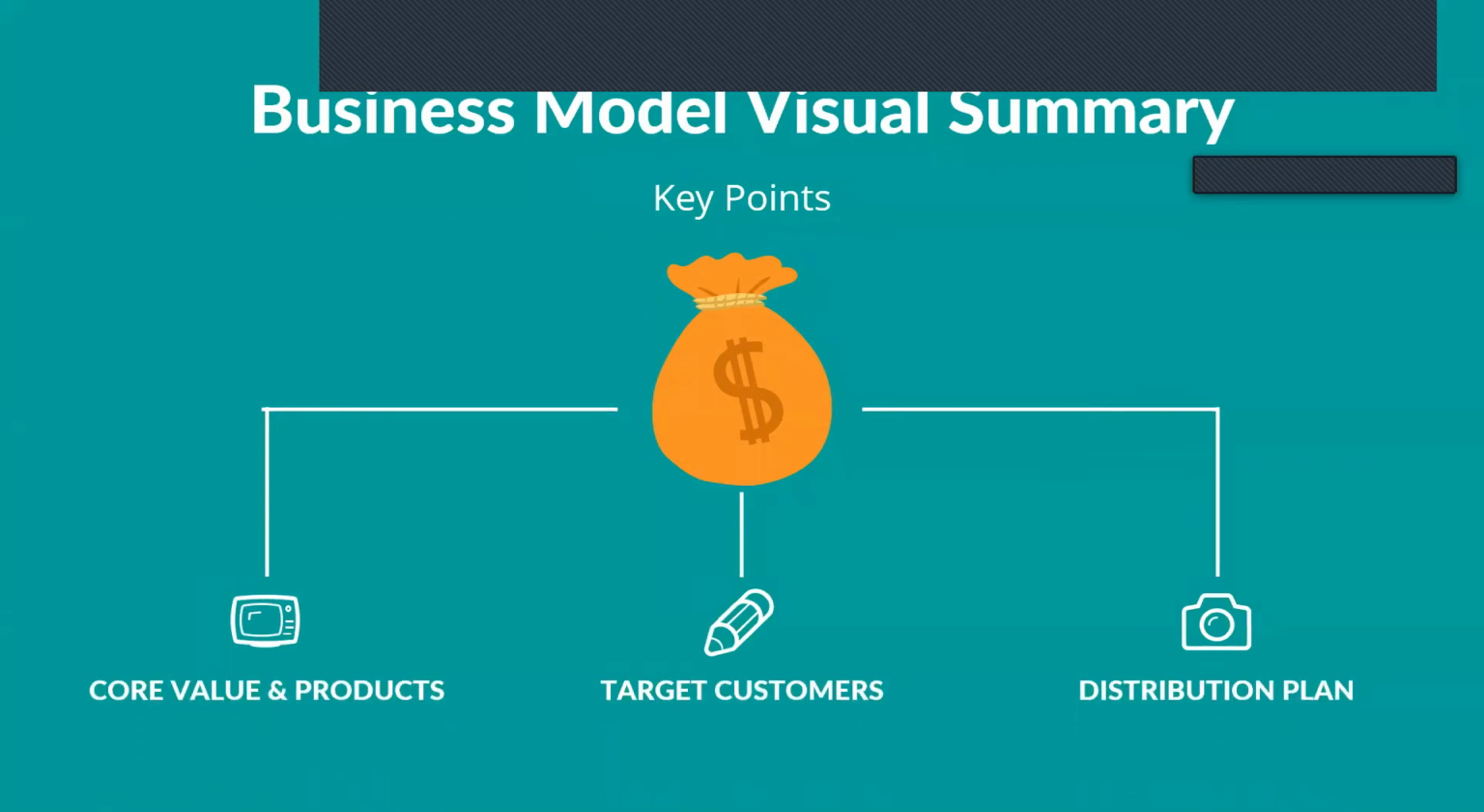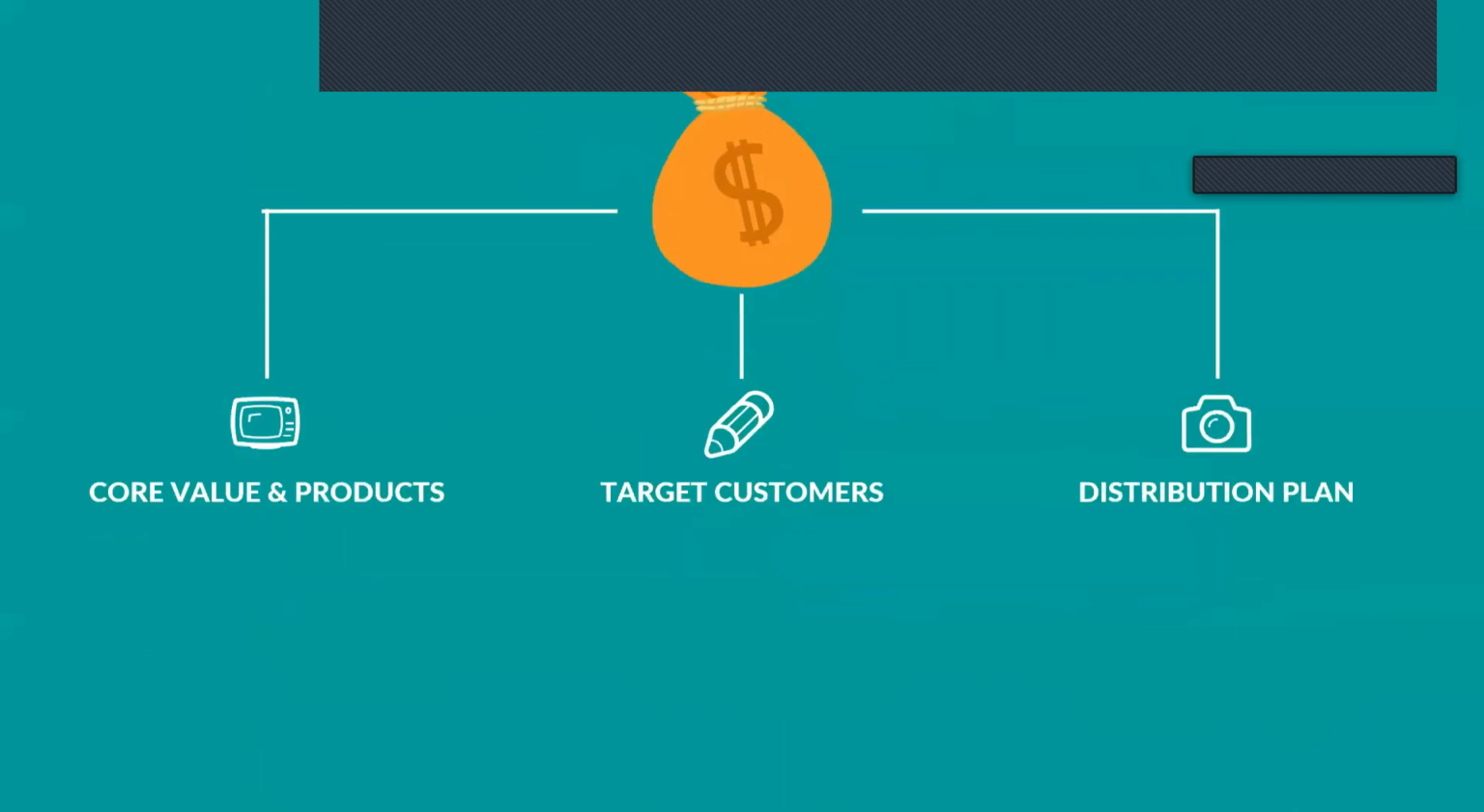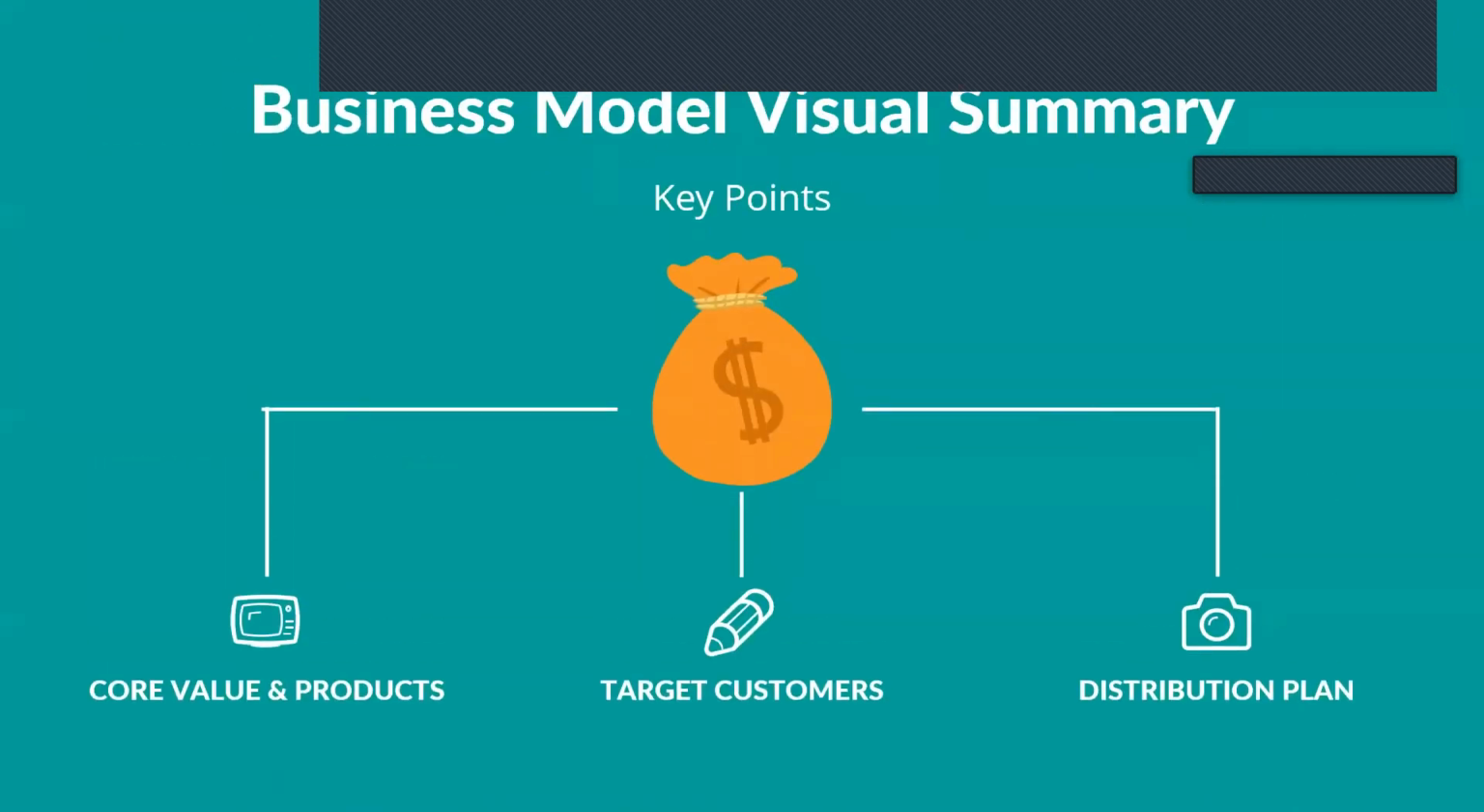What I've also tried to do for you guys here is to just give you something that's called a business model visual summary that focuses on these key elements of your business model: your core value and your products, your target customers, and your distribution plan. So let's just go back to that example of this nail salon. I could have chosen any one, but let's just say I've got a high-end nail salon that is in the Chesterfield County area. I would say that my core value and products would be pedicures